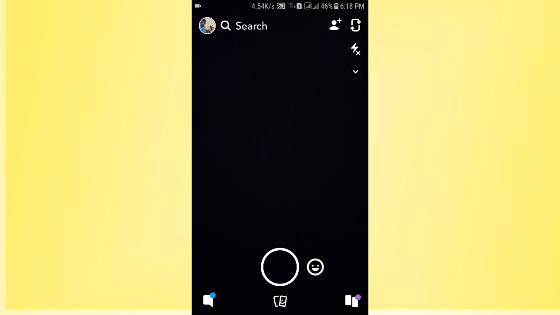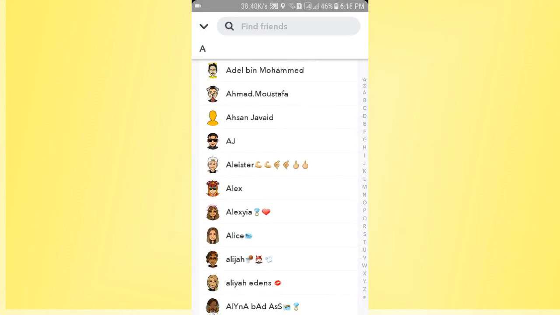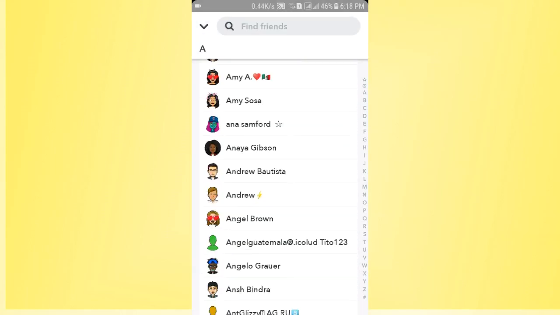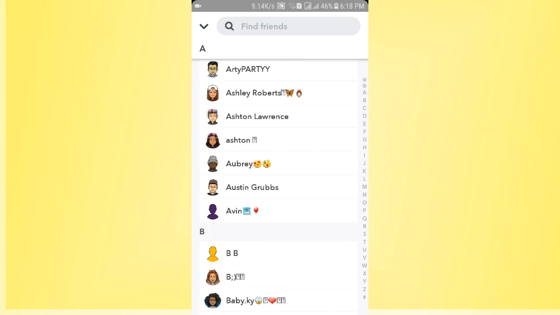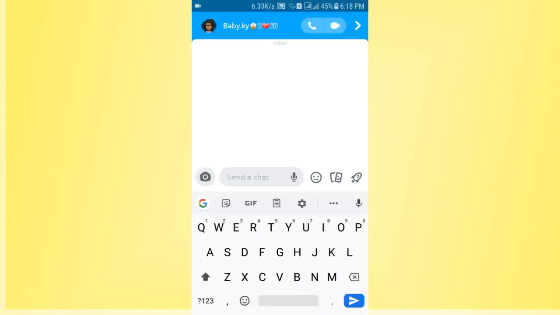For that, you just need to tap on the Snapchat profile icon, and then tap on My Friends. On My Friends, you can see there are a lot of my Snapchat friends. If someone sent you spamming messages, you can simply report the person. So this is the person, Baby Kelly. He has sent me a lot of messages earlier, so I want to show you how to